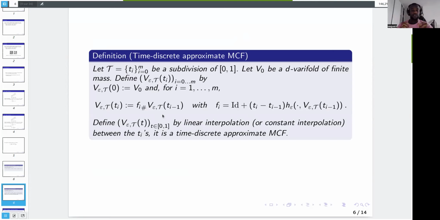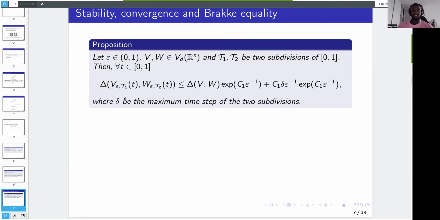And what we want to do is to find the solution of the Cauchy problem: you take the time step to 0 and you fix epsilon. So this is what we've done. Before that, we have a stability property. For two flows, the distance between them is bounded by the distance at time t equals 0 plus the subdivision step, which is delta t. Ignore the other constant and ignore epsilon because epsilon is fixed. So this is a stability property needed to prove that the Cauchy problem has a solution.